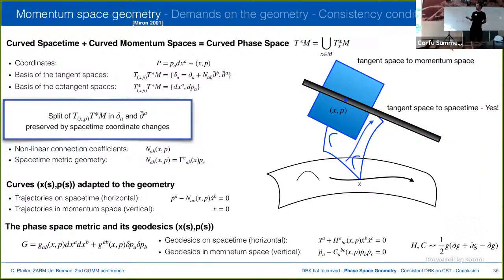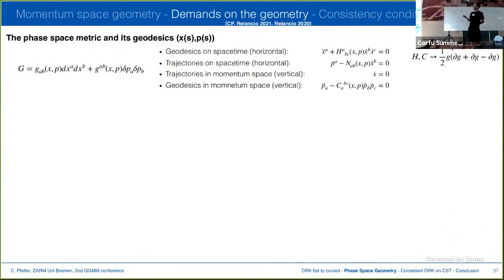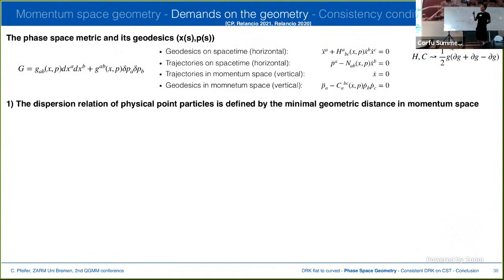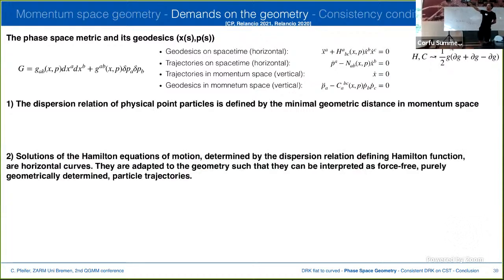Okay, this is how you construct such a geometry, just to remind you, because we want to give these trajectories a physical interpretation. And now I want to mention two principles which we want to implement on this geometry. On the one hand, what we heard earlier: the dispersion relation of physical point particles is defined by the minimal geometric distance in momentum space. And the second one is that the solutions of the Hamilton equations of motion determined by the dispersion relation are horizontal curves, so that they are adapted to the geometry,